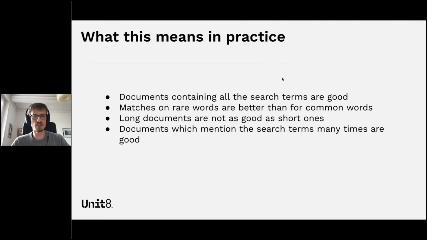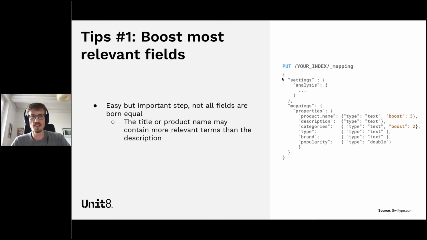So now that we understand this, what can we do? So the first thing and the easiest thing is to boost some of the most relevant fields. So assume that we have a search engine for a product. Probably we want to boost the product name because this is the most likely to contain the most important words. So if you're looking for a speaker, the product name would generally contain speaker, whereas the description could contain also some other words that are maybe not always relevant. Similarly, for categories, you may want to boost it as well, but maybe a bit less.